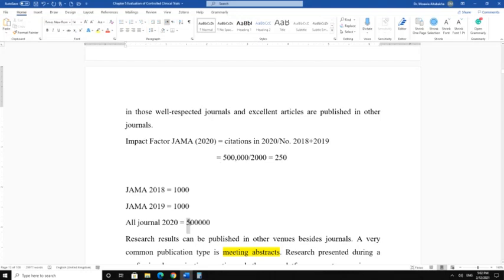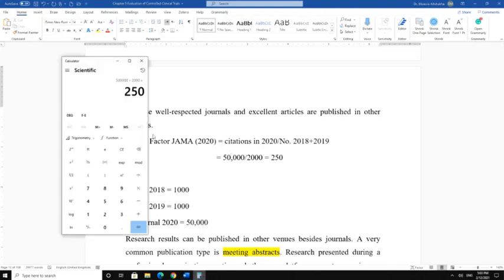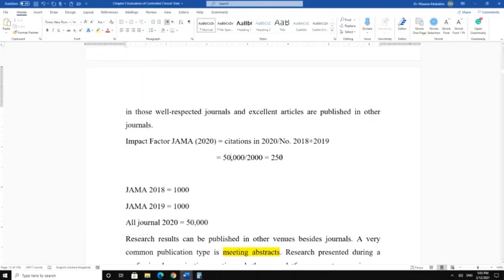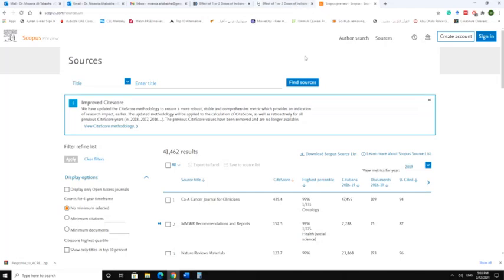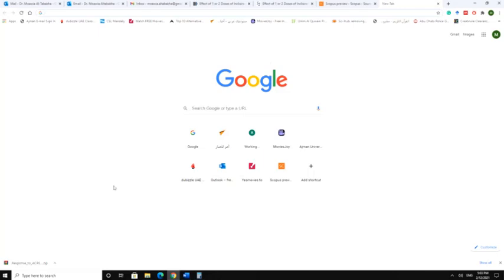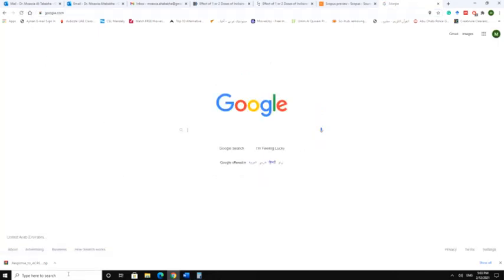If I consider 50,000 rather than 500,000, and here I will say 50,000, recalculate, we'll see what the result is. 50,000 divided by 2,000 is equal to 25, which is considered a large number. But let's really find out what the real impact factor of JAMA is. Let me just write here JAMA